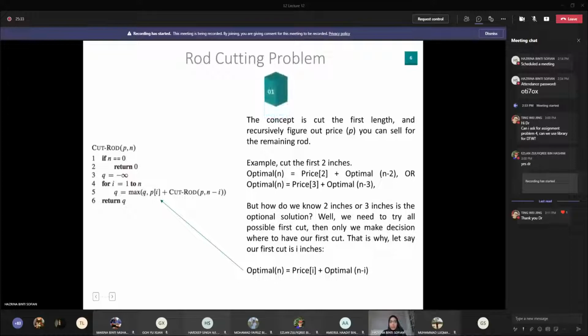So this is the algorithm that we talk about. You see, it looks very short, but the time complexity is tremendously high. Why is it? Because